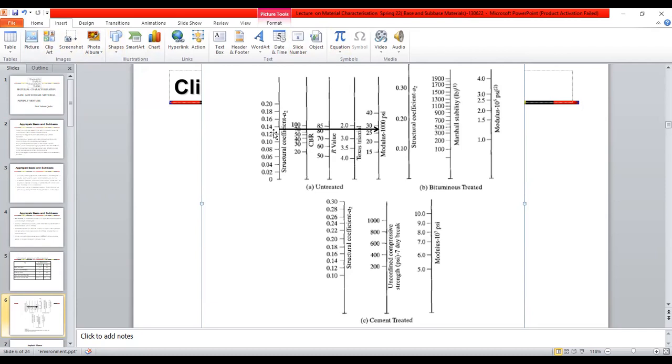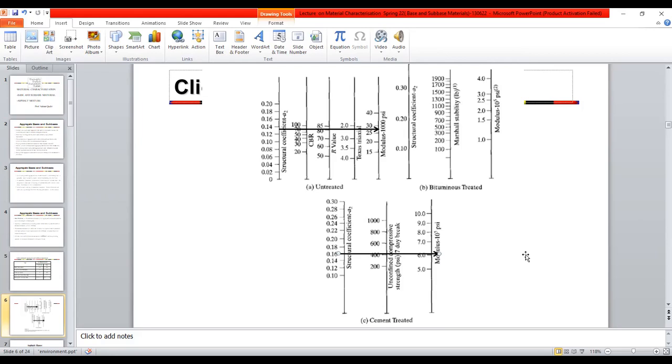What about the treated base? If it is a semi-treated base, you must know the unconfined compressive strength of the base. Once you know this, say 600, you have an elasticity modulus of 7 times 10 power 5, or say you have a 400 compressive strength, you can have 6 times 10 power 5.